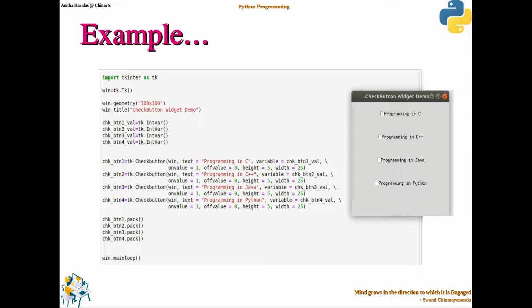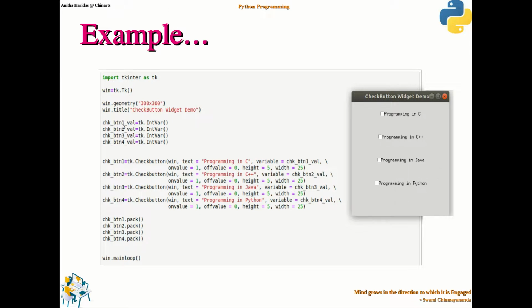When the checkbox is unchecked, the variable will take value 0. That is the purpose of having an integer variable associated with the checkbox.